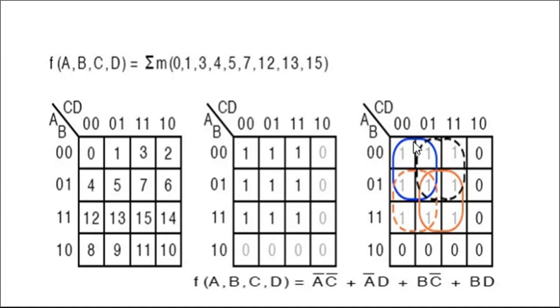So B is changing, because for the first group I will focus on this blue color. See, 0, 1 is changed, so B will be removed. So remaining is A bar, because 0 is here. So A bar. Similarly, here is C and D. D changes, so remove it. So remaining is C bar. So for the first group, their equivalent is A bar into C bar.